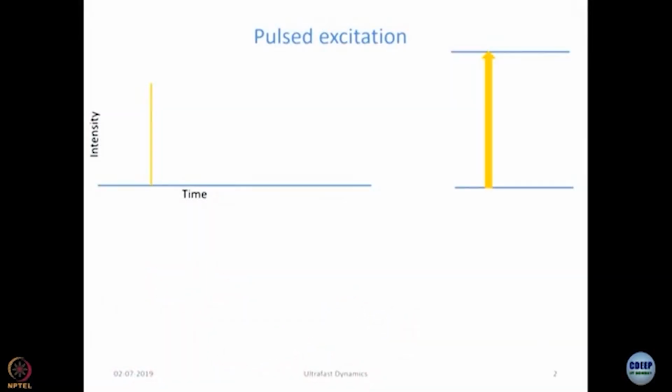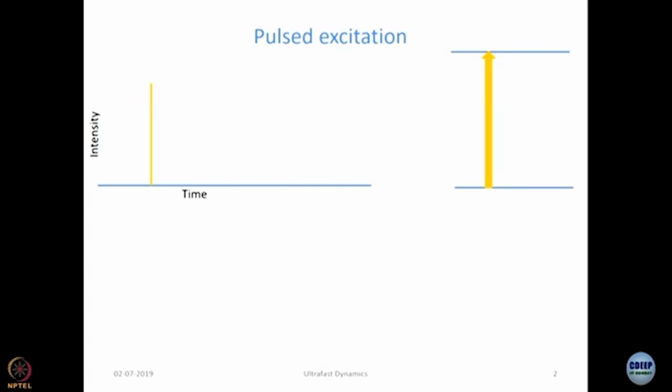The pulse has come and we are going to call it a pump pulse, because what the pulse does is that it takes the system from this energy level to that energy level, right. So, that is a pump pulse. Now, what happens at the instant the pulse is on? At that instant, some molecules, depending on how strong the pulse is, some finite number of molecules would get promoted to their excited state, or in other words, at that instant excited state population is created and then the light